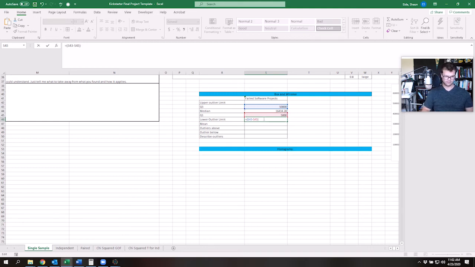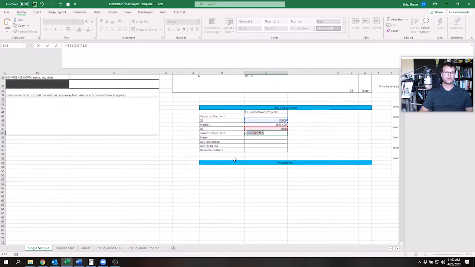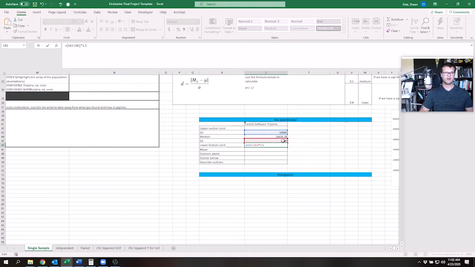Times 1.5. And then we are going to subtract that from 5,000 minus max minus min times 1.5. So this right here is the lower outlier limit. In other words, the lowest value that is not an outlier is going to be the minimum value, which equals min,